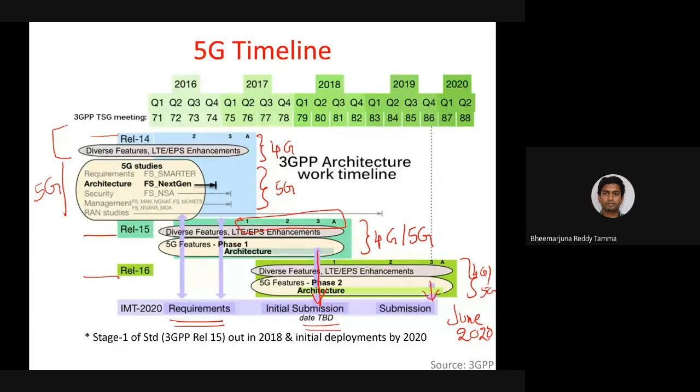And then in stage 2, to meet those requirements, an abstract architecture with various network components will be defined. Then finally in stage 3, when we have multiple network components with various features, how they should communicate with each other, what kind of protocol they should use, the complete, very detailed specification will be there as part of